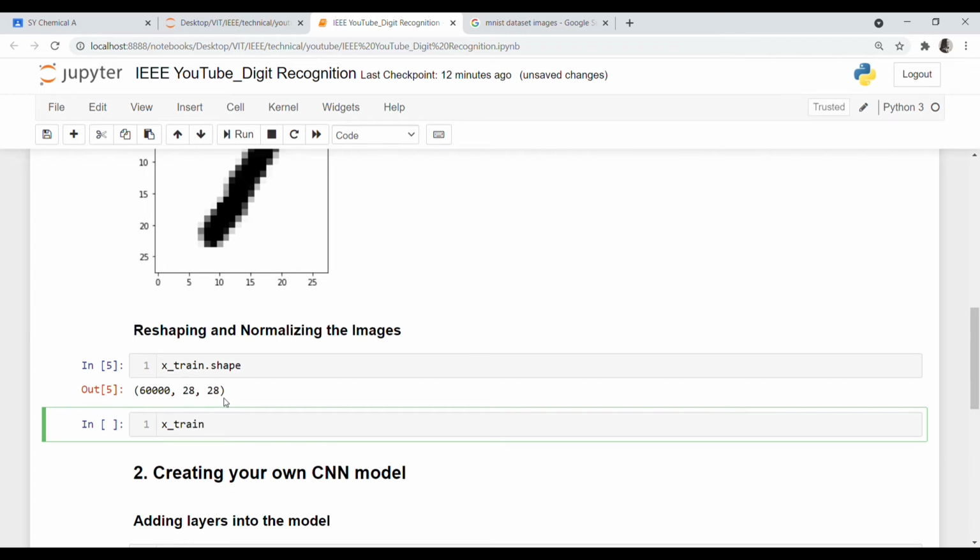So X train equals to, first step is reshaping. So X train dot reshape, and then we have to convert it into a 4-dimensional array.